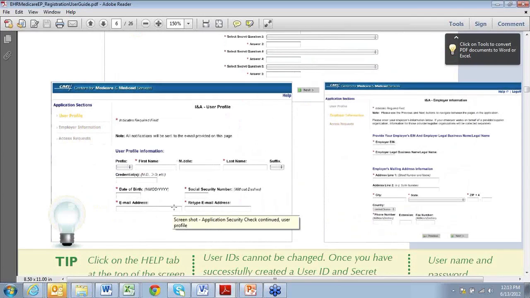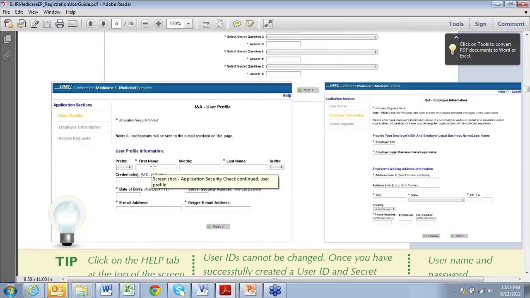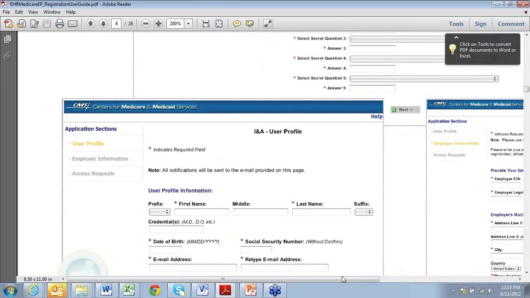All of the notifications will be sent to the email that you provide on this page. You have to provide your first and last name, your date of birth, your social security number, not a provider's or hospital TIN or anything. This is yours, personal, your email address that you want to use. And then the next screen over here